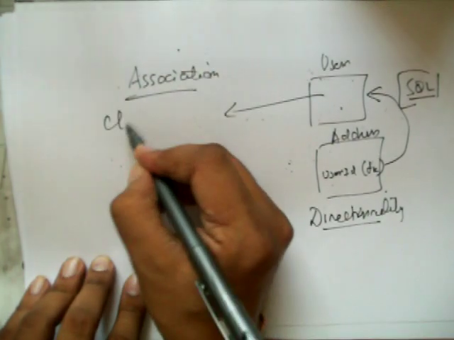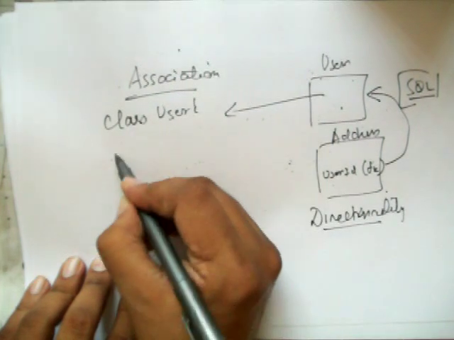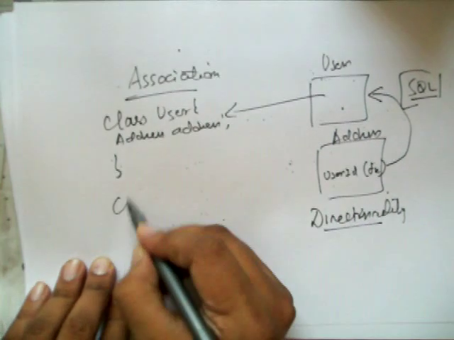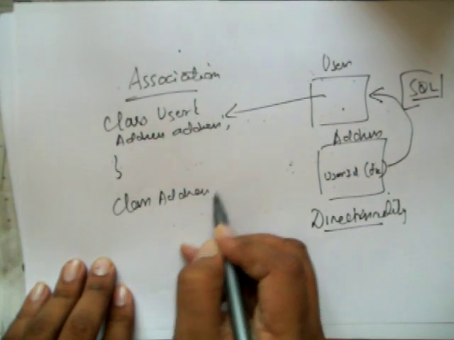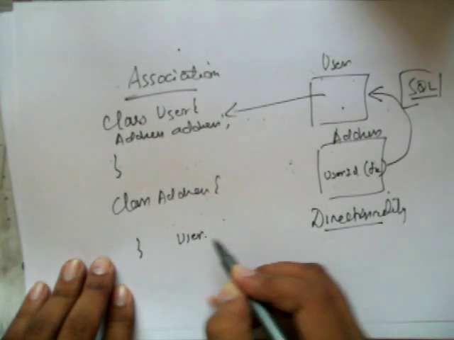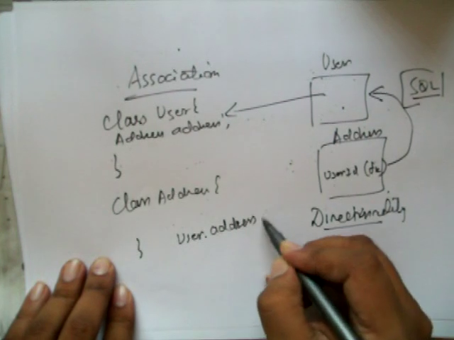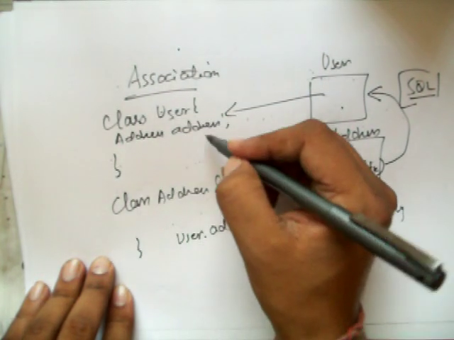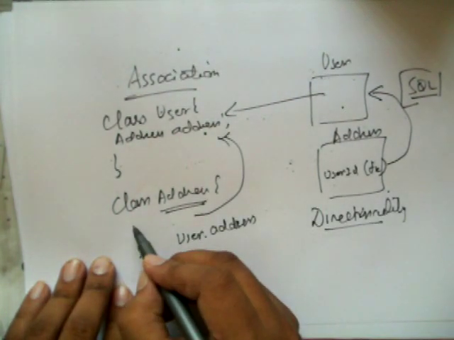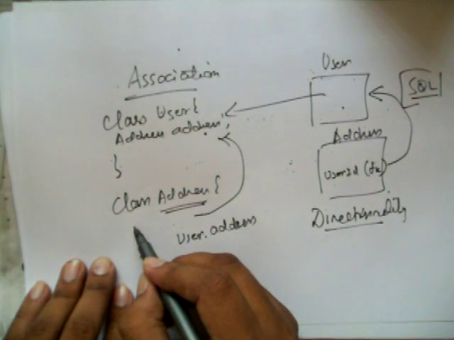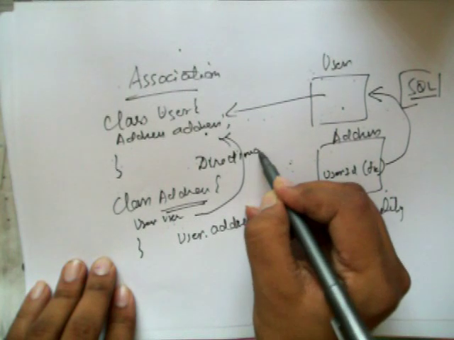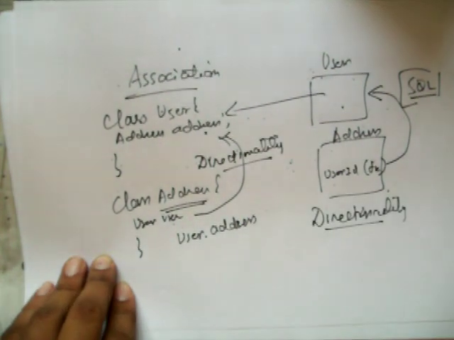Now let's say we map this to a User which has an address attribute in it. Similarly we have an Address, but there is no user in it. So with a user object we can navigate to the address object, because user has a reference to address, but from the address object we cannot go back. For that we have to explicitly put the reference of user here. So there is a notion of directionality in terms of navigation that is possible in Java.